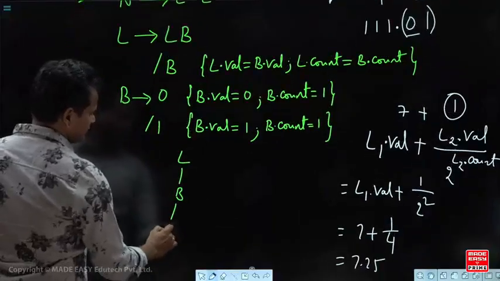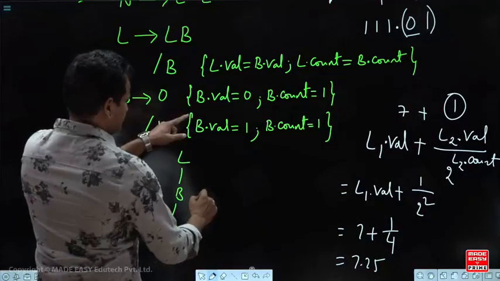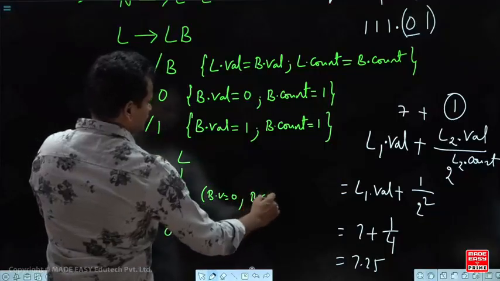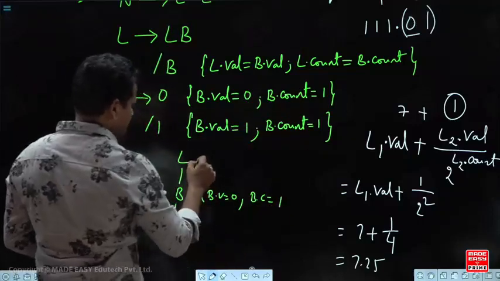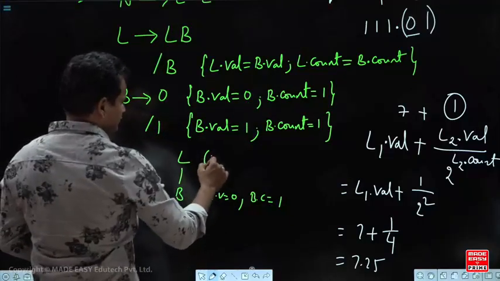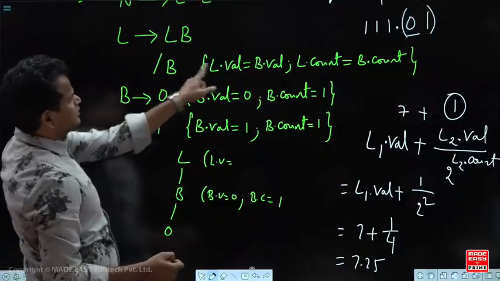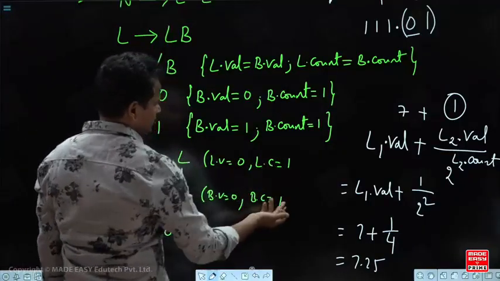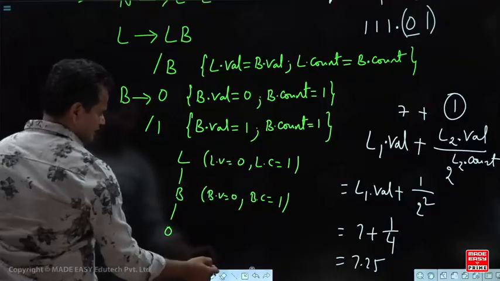Okay, so the same: L derives B. Suppose B is 0, then what? B derives 0, B dot value will be 0, and B dot count is 1. Now come to this one: L derives B, so L dot value equals B dot value, which is 0, and L dot count equals B dot count, 1, like that. Now,